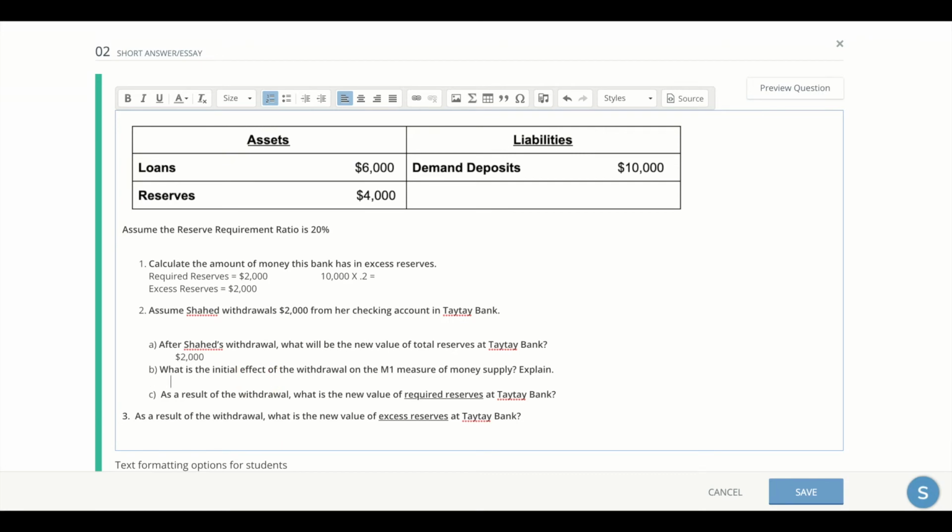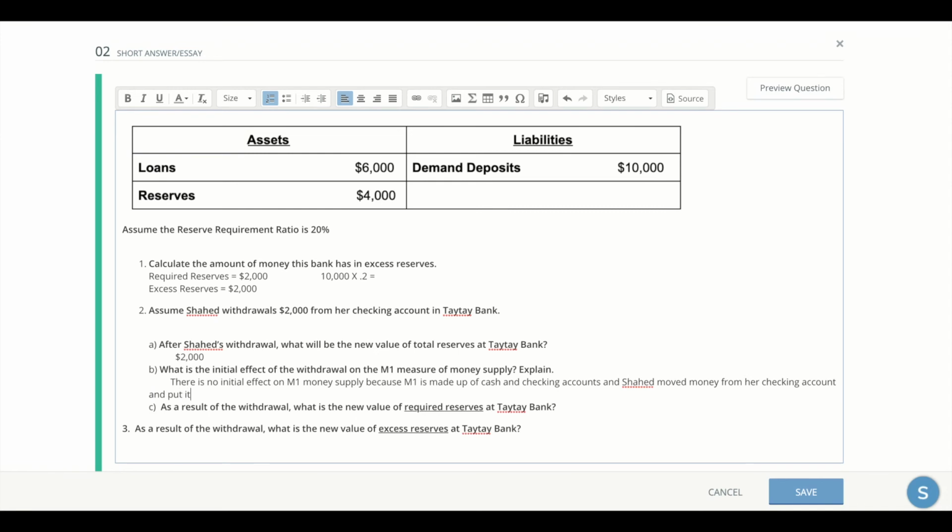All right. What is the initial effect of the withdrawal in the M1 measure of money supply? There is no effect, or I should say initial effect on M1 money supply. It says explain, so we have to say because, and it's because M1 is made up of cash and checking accounts. And Shahed moved money from her checking account